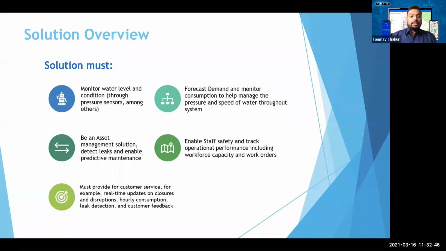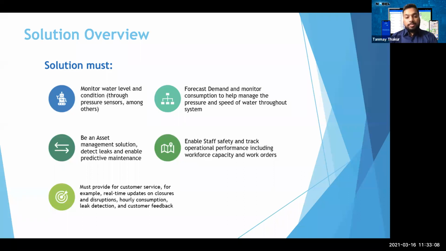Noble Systems has an asset management solution which detects leaks and enables predictive maintenance. It also provides customer service, for example, real-time updates on closures and disruptions, hourly consumption, leak detection, and customer feedback.